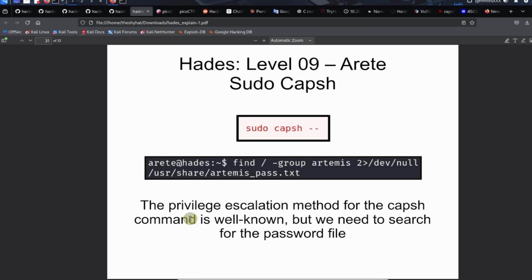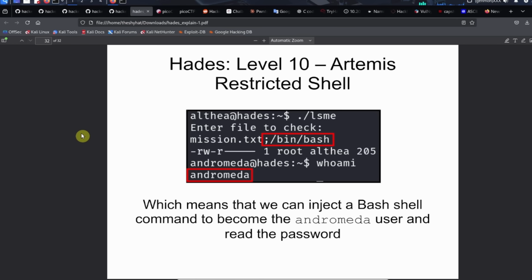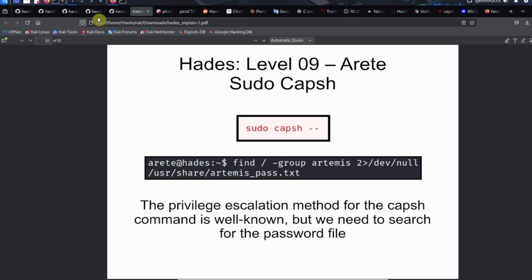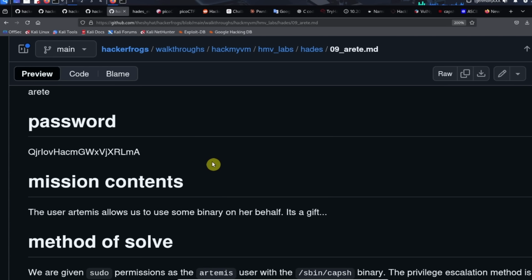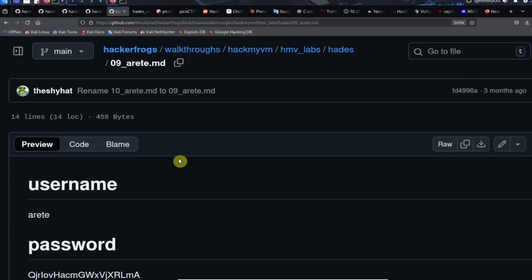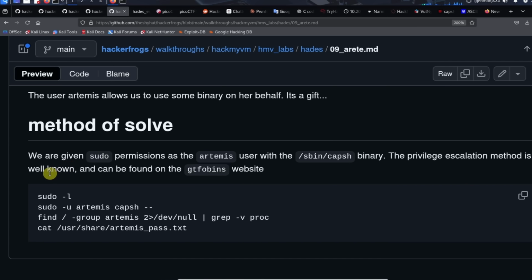So the privilege escalation method for capsh is well known, but we need to search for the password file. I think we did the same thing, group Artemis, and then it reveals one. I guess we could also grep it out. Okay, let's go ahead and finish up the level. In this level, we're given sudo permissions as the Artemis user with the capsh binary. The privilege escalation method is well known, and we can find it on the GTFOBins website. So we can run the capsh binary, which runs